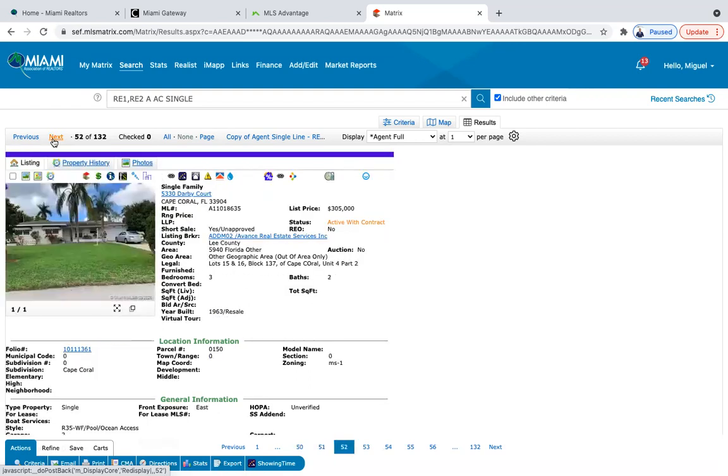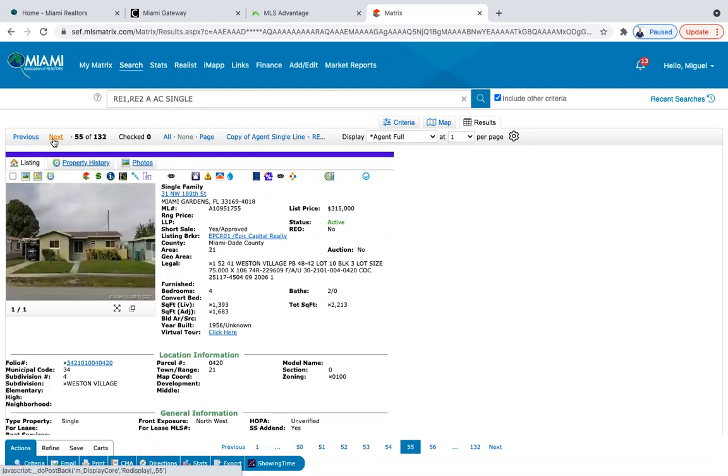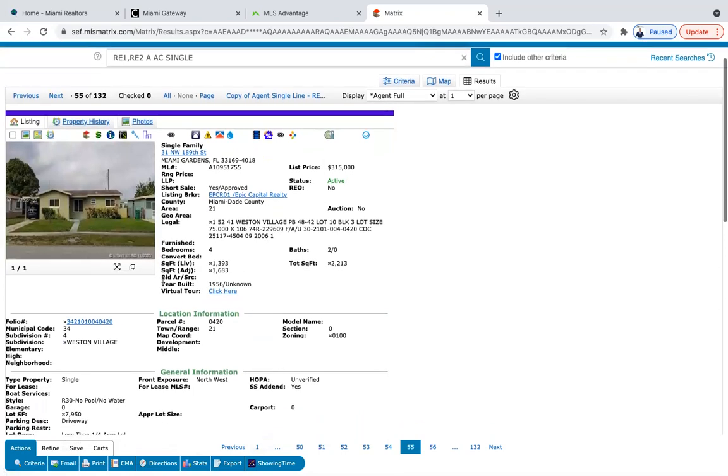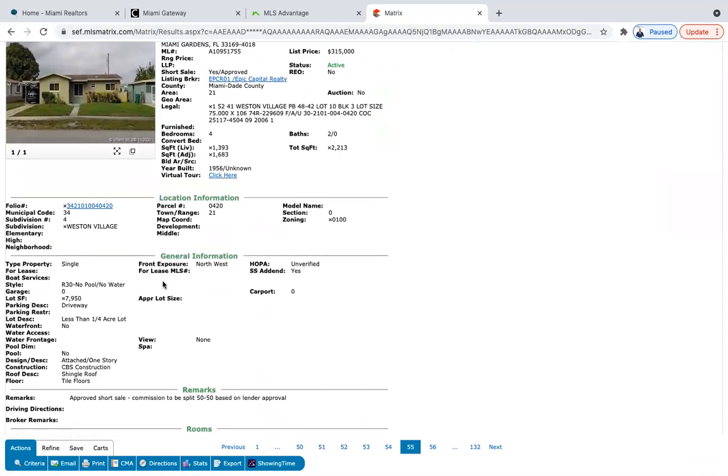Let me see if I have one here that's active. Okay, there's one here that's active at 31 Northwest 189th Street. Approved short sale, commission to be split. Okay, so this property